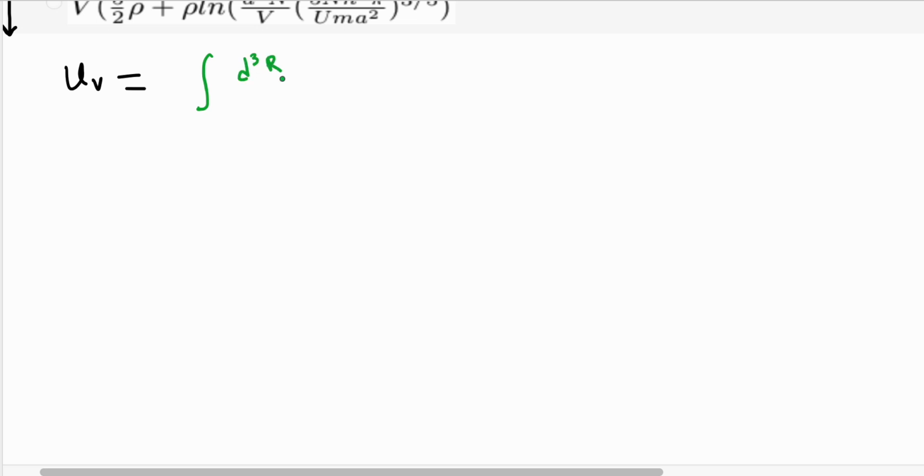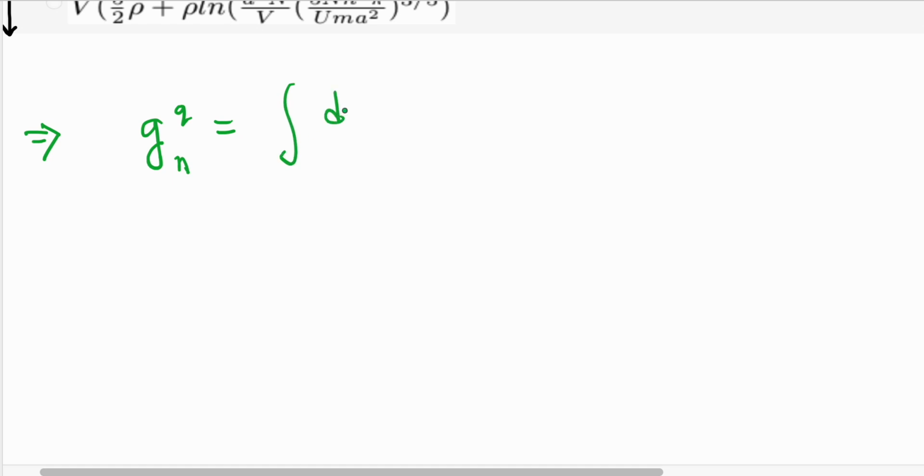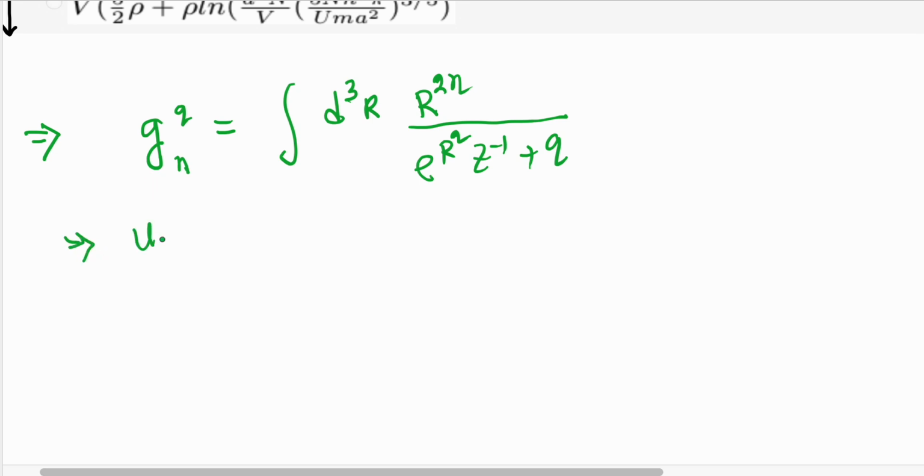No, let me write it in the simplest form, so that way you can... no, let me introduce a thing from which you can... So we will calculate this quantity only, g_n(q), which is the integration dq r to the power n by e^{r²} z^{-1} plus q. Now you can see from here that uv